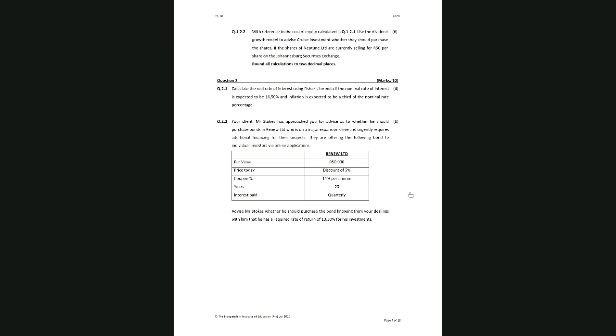Then question 2.2. Again, you'll see that because you are second years now, almost all of the questions say, please advise the client. In other words, you have to do calculations, but then you have to be able to interpret your answer to those calculations. That's critical for second year and also carrying on to third year. So your client has asked you for advice as to whether he should purchase bonds. So we're now doing bonds, which is learning unit 4. Sorry, interest rates is in learning unit 4, not 3. So 2.1 is also learning unit 4, interest rates, and then 2.2 is bonds.